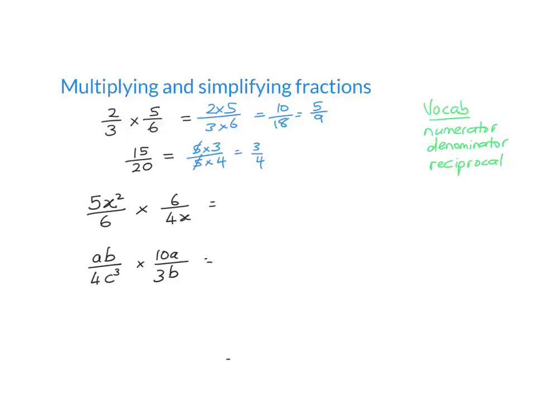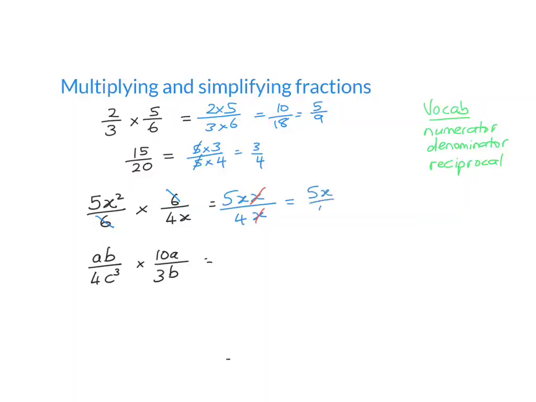So here we also have a 6 on the top and a 6 on the bottom, so I can cancel those. So I end up with 5x squared, or x times x, on the top, and 4x on the bottom, and I can cancel an x with an x because x divided by x is 1,